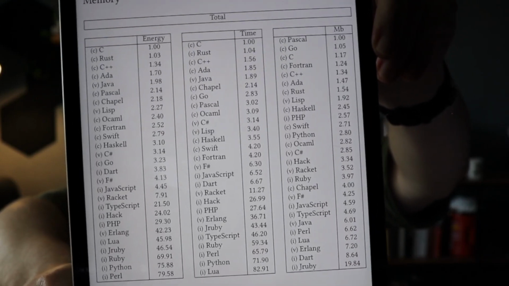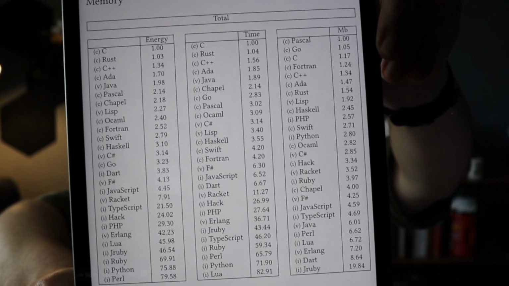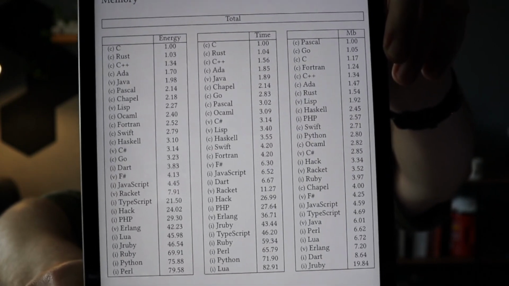And as you can see, Rust is at 1.03. Python is near the bottom at 75.88. Another one of the broad strokes takeaways is that there's a big difference between compiled languages and non-compiled languages, which is one of the main reasons why comparing Python to Rust is a strange thing to do anyway. I don't know a lot about C or TypeScript or JavaScript or C++, but apparently C programs are valid C++, and it's weird that C++ would do so much worse than C, which sort of makes sense.